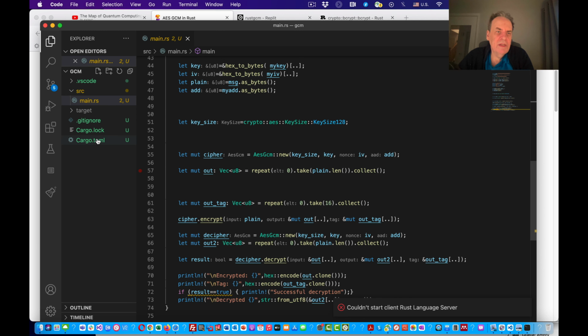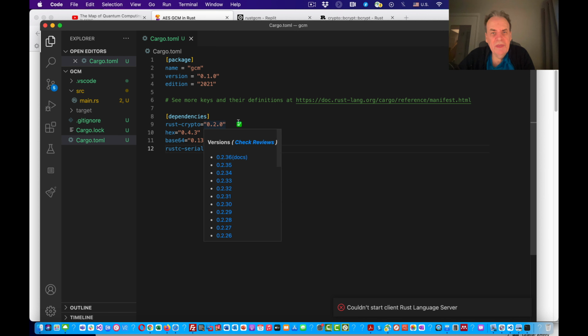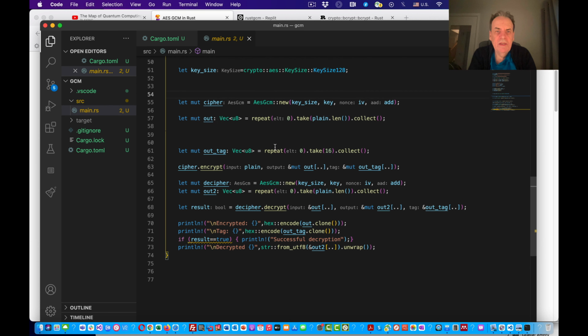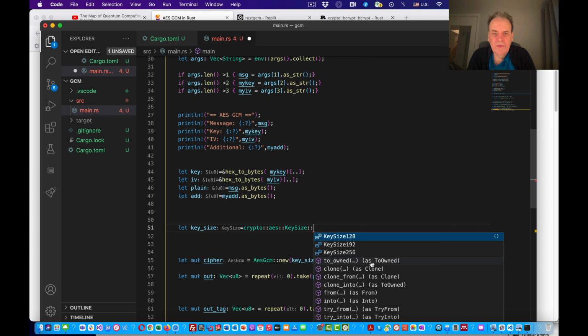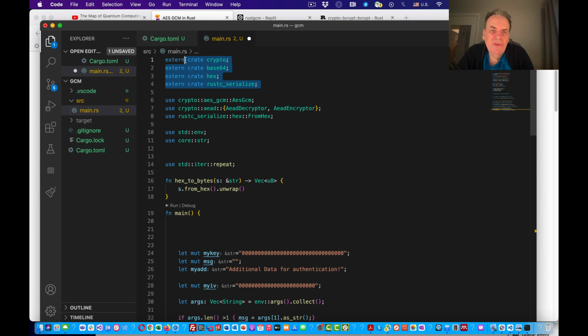Okay, so you can see that allows you to try different versions. That's the really interesting thing. It'll actually show the different versions of the crates that we want to integrate in there, and the code itself has excellent integration. You can see there that it's all color coded for you, and it's very easy to add in. You just need to make sure that you bring in the right crate here. Once you've got the right crate in, then you can use it in all of the structures that you need.